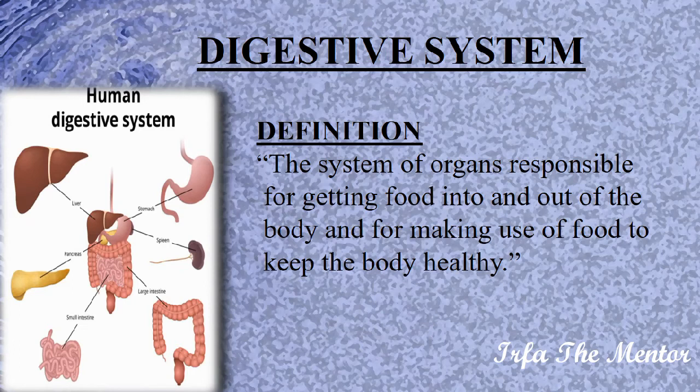The food which we are eating cannot directly give energy to our body. That food should be broken down into a simpler form. For example, if we are taking in a bite of bread, that bite of bread is a carbohydrate, and carbohydrates are nutrients, and the nutrients should be broken down into a simpler form.